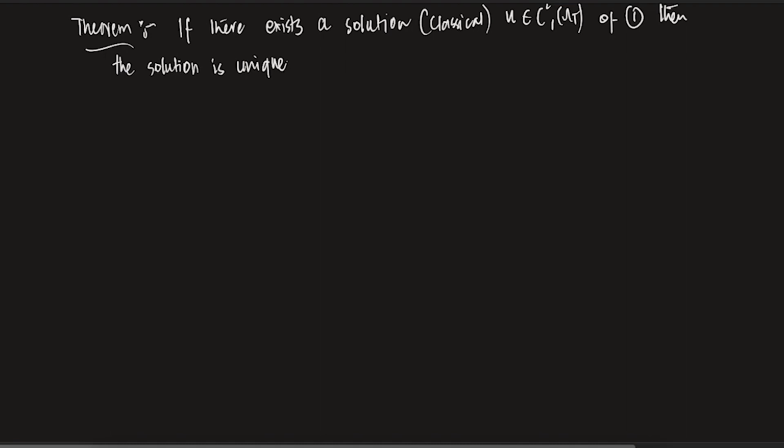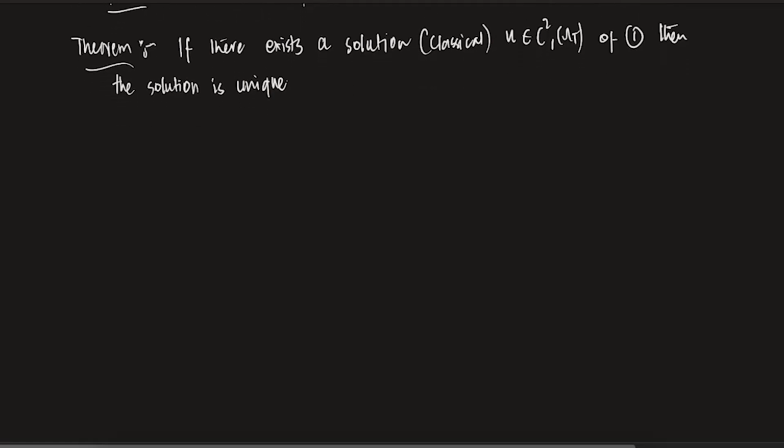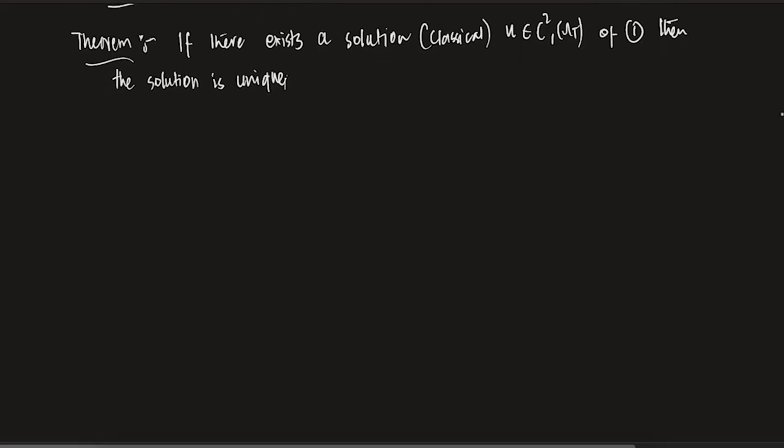Why am I doing it like this? Because we did not prove that there is a solution. Initially I was going to write that there exists a unique solution, but let me tell you this particular thing, so you should not make this mistake in the future. I was about to write the theorem like this, that there exists a unique solution of 1. If I write it like this, there is no harm in that.